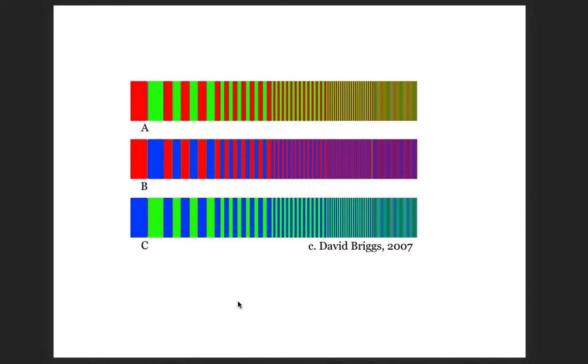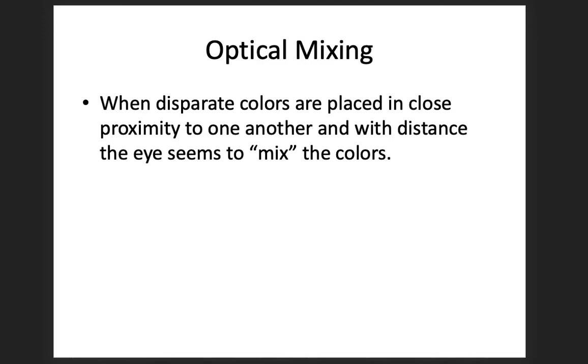What happens when we take small particles or small shapes or small lines of differing colors and we place them close to each other, what we have is a phenomenon called optical mixing. So they will appear to create either a tone or a mixture of colors. And we've seen that a lot when we think about pointillism, right? So modern contemporary artists are actually still using this effect of optical mixing, one of which is